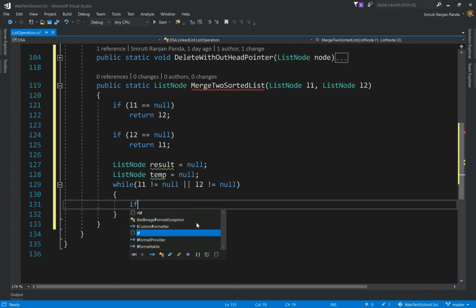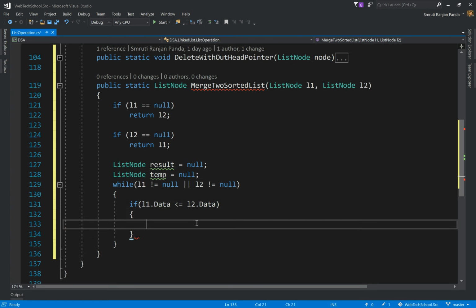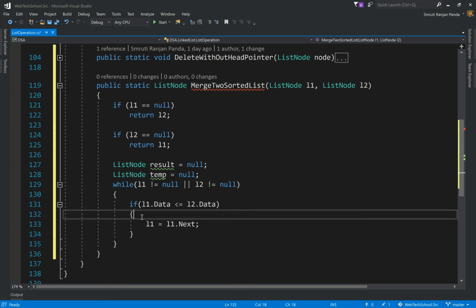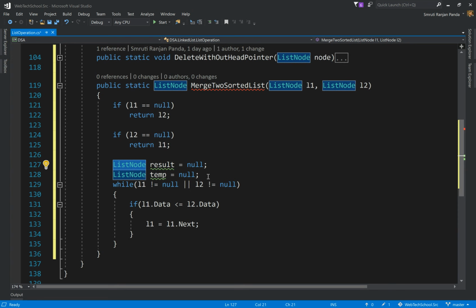If L1 dot data is less than or equal to L2 dot data, so if L1's value is less than L2's, let's update the L1 reference to L1 dot next. And before we update the L1 reference, we also need to push L1's data to our list node result.